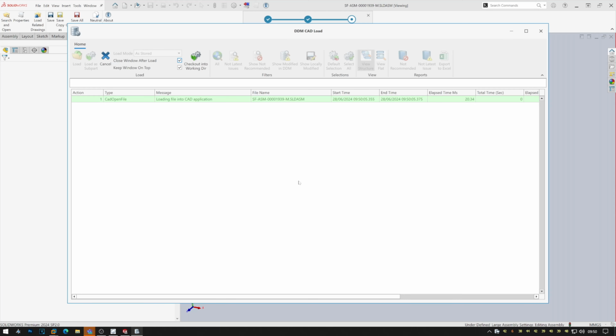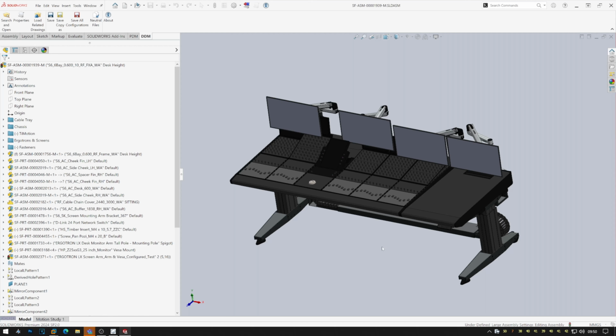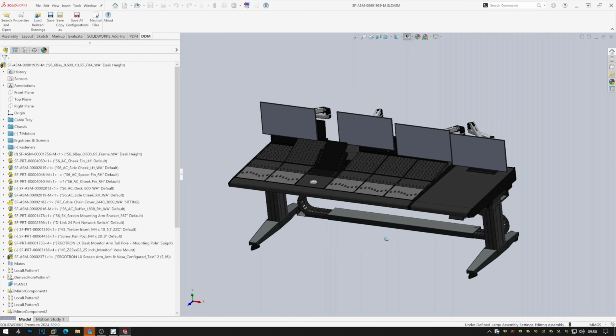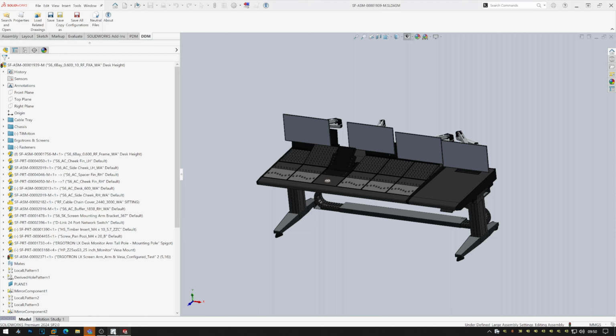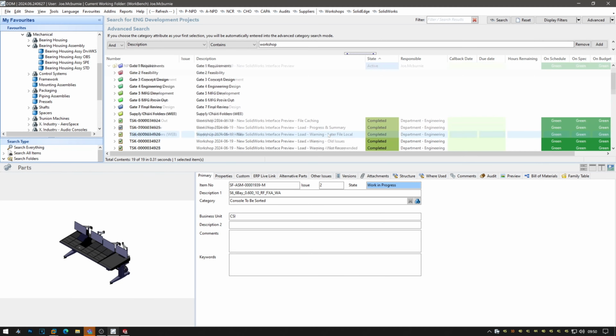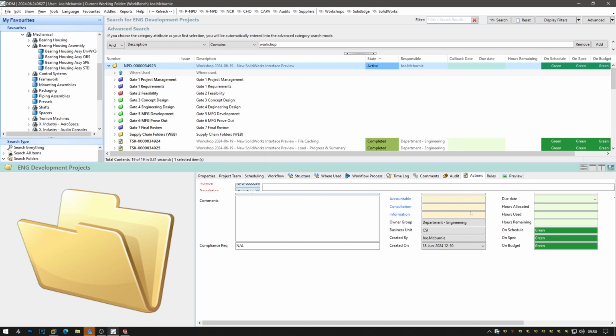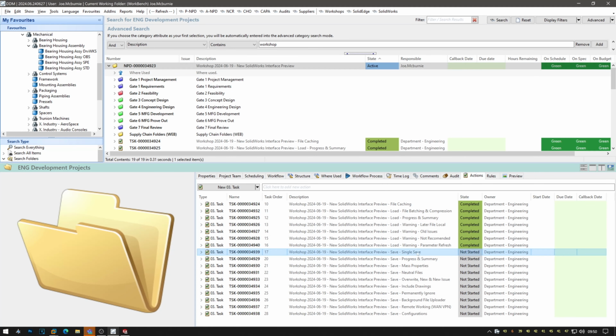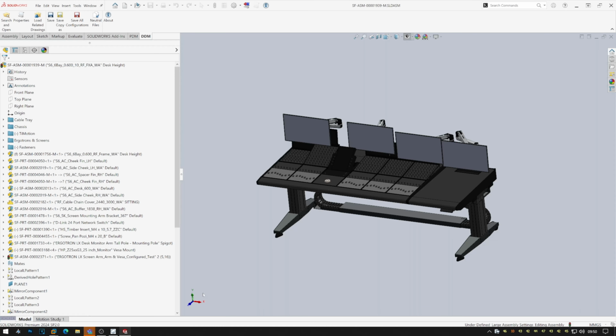Now, this is quite a large assembly. Right, we have our assembly. Let's look at the next topic, which is single save window. The current version of DDM, when you're working in Solidworks, is you have a save icon and then it will just start going through your save one level at a time, and there's a summary at the end of it. This is a big change in this version, because now when I choose the save command,